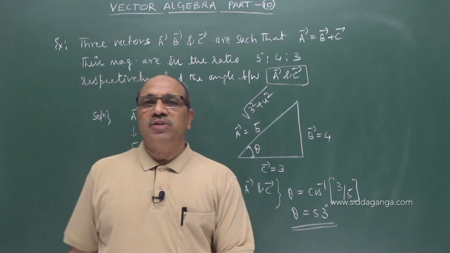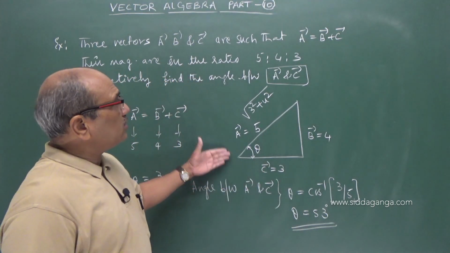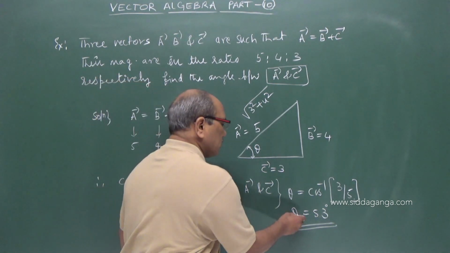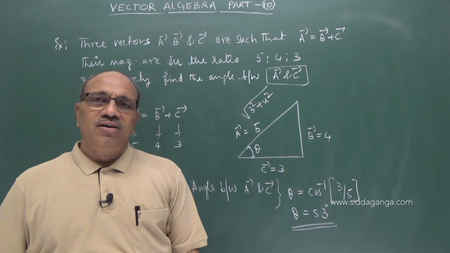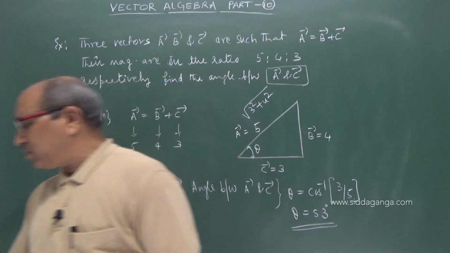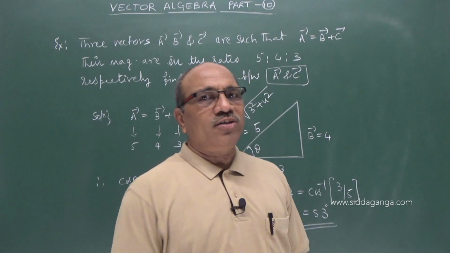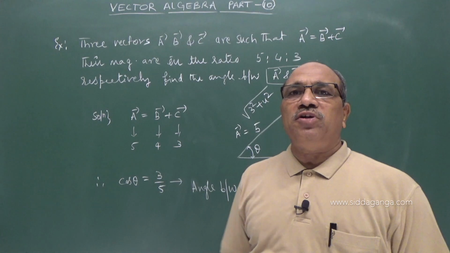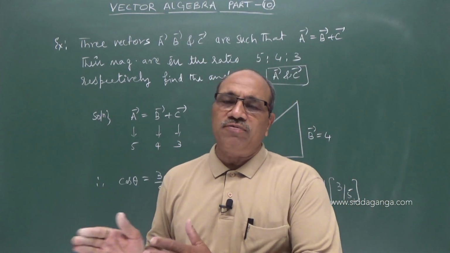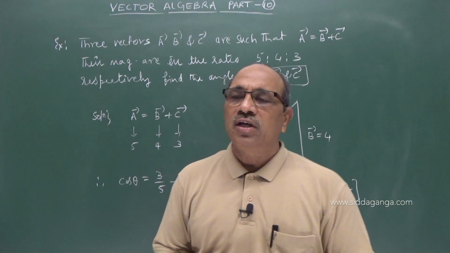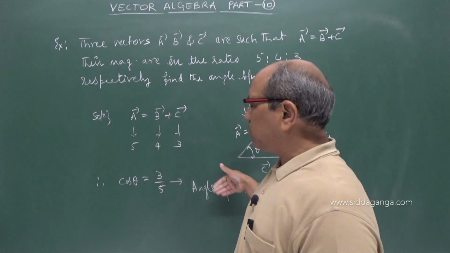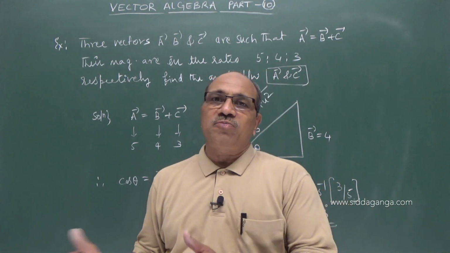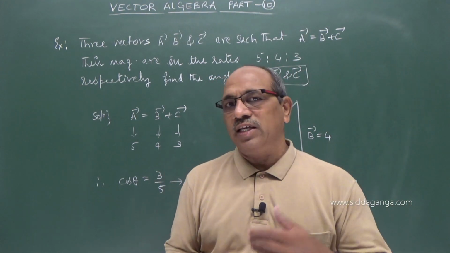So we have taken some problems today. There is an alternate method by which this can also be solved. I will show tomorrow, with the concept of the dot product, how we can show this 53 degrees. If it is not known, we can apply the dot product and find it. But in entrance exams, the easiest method is the trick I showed here. But let us see in the next video how the dot product helps to find this answer.